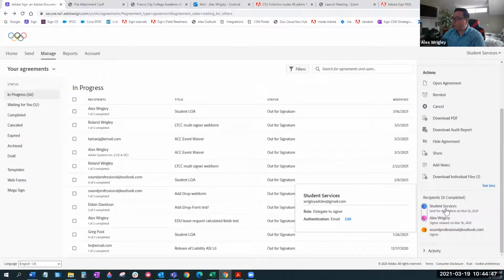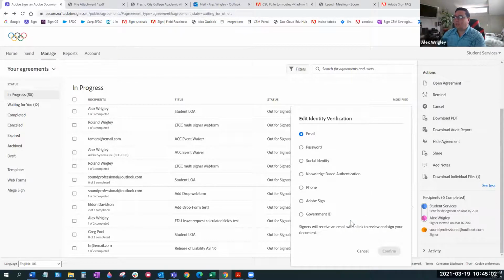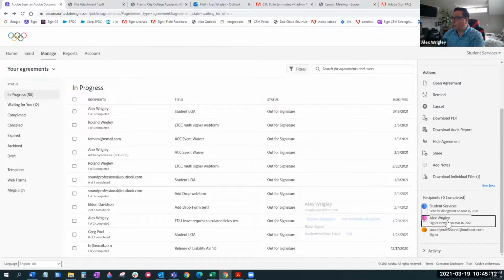So this first recipient here, student services, I can come in and I can edit the signer's identity verification. I was using email, but if I need to have a more stringent identity verification, in this case, I can do that here. Let's see, for recipients further down the line, I can